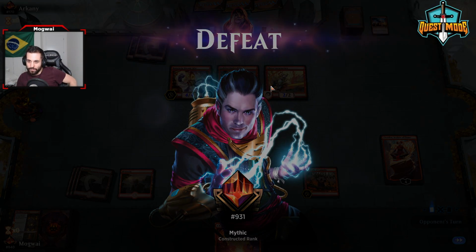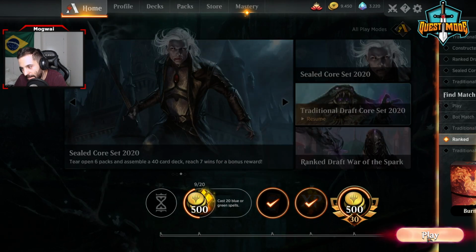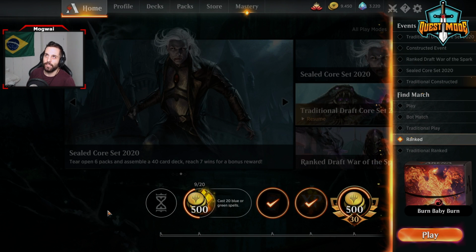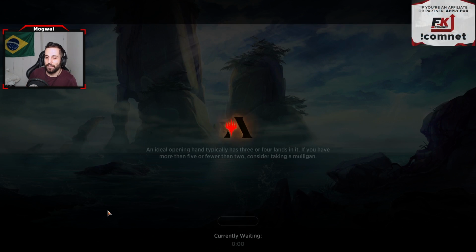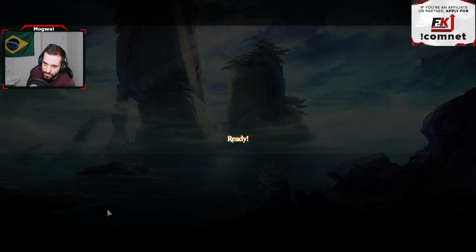Really close, but not being able to answer the Runaway Steamkin was our doom. Obviously him having the Chain Whirler as well right there, but mainly not being able to answer the Steamkin. Ah, so close, man. If that was a Scorcher instead of...